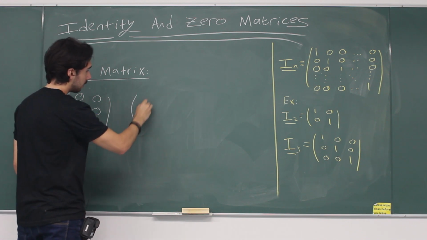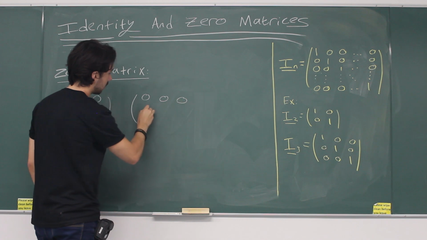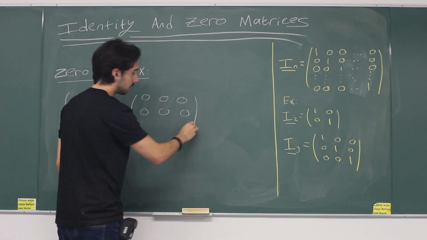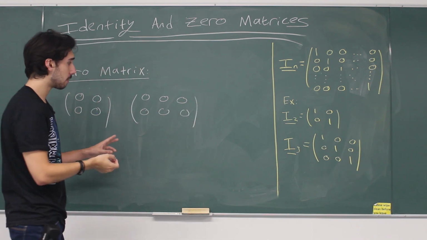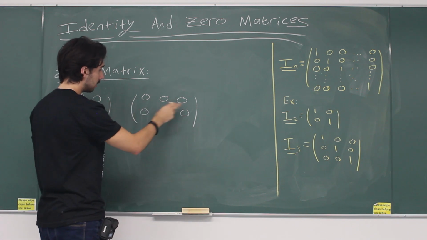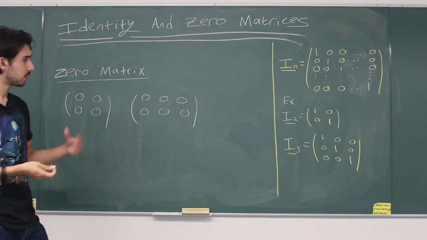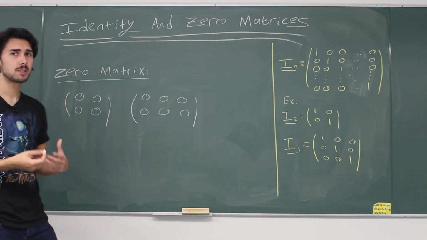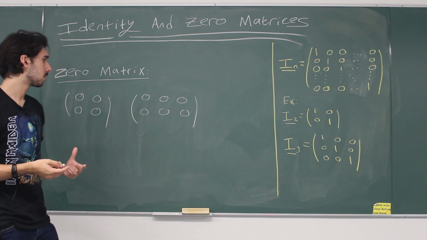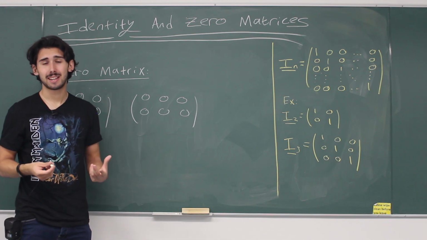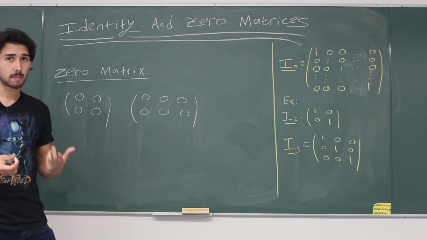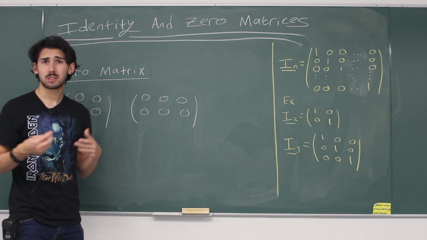You could have a zero matrix that looks like this. It's not a square matrix, it can still be a zero matrix. This is a 2 by 3 zero matrix, etc. That's what a zero matrix is. And a zero matrix, you could call it the additive identity to a matrix, because, I mean, it's quite obvious that if you take any matrix,